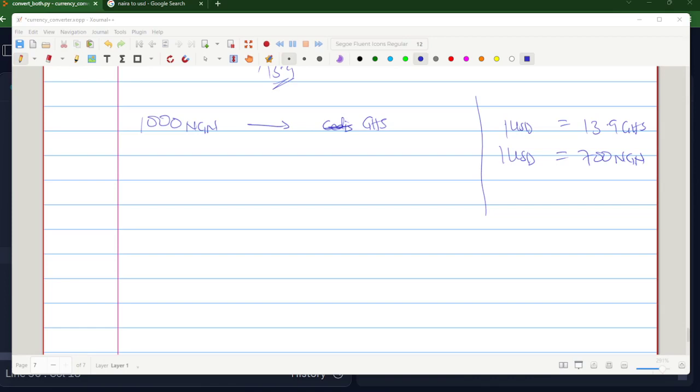So what's actually happening is that since we want to convert from 1,000 naira, firstly we want to convert it to USD, naira to USD. So we have our rate, which is 700, right? And we know that our rate for dollar is 1 to 700. So if you want to convert that rate to dollar, that's when we do 1/700, just like we did